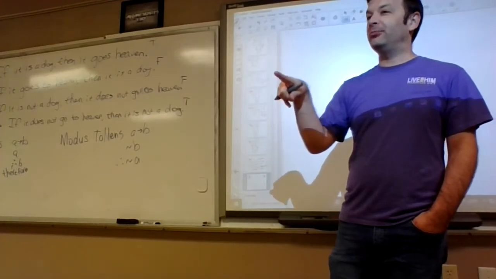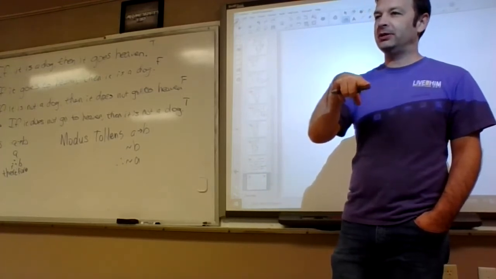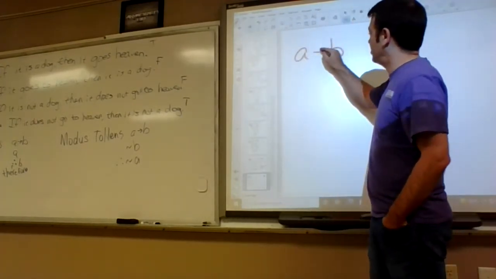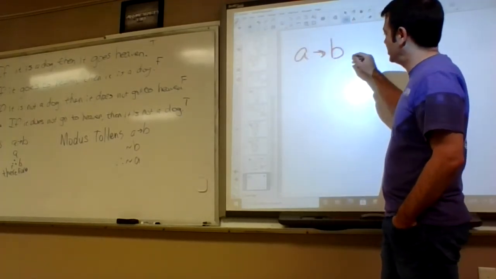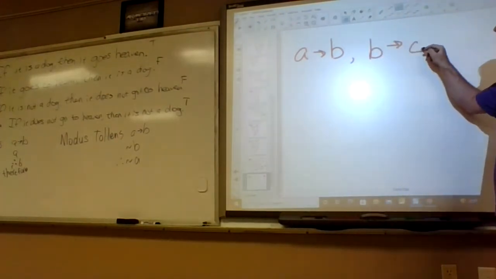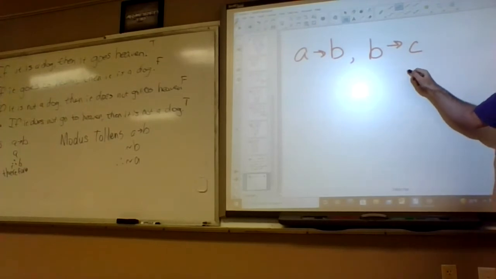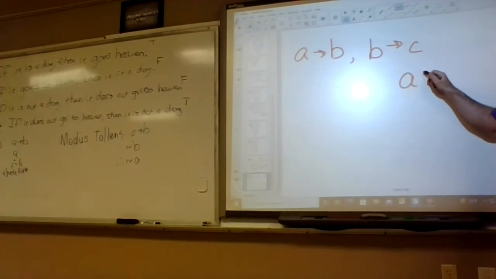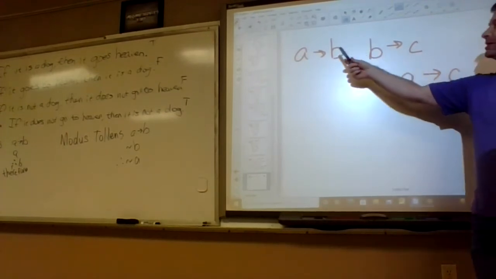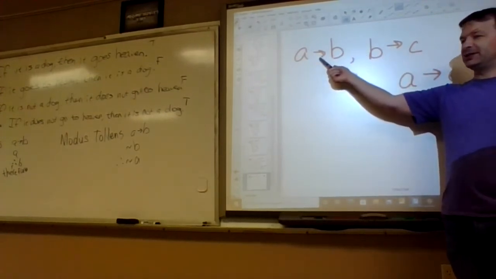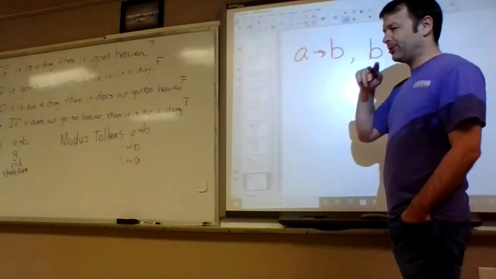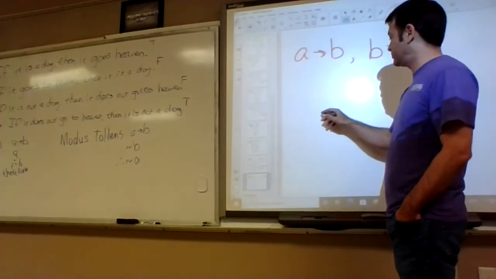Okay, if you are an Oklahoman, then you're an American, right? So if you are a Barshan, then you are an Oklahoman. If you're an Oklahoman, then you're an American. So what can I conclude? If you are a Barshan, then you are American. A to C. That makes sense. This is deductive reasoning also. It's called the transitive property, or I think they call it the law of transitivity.